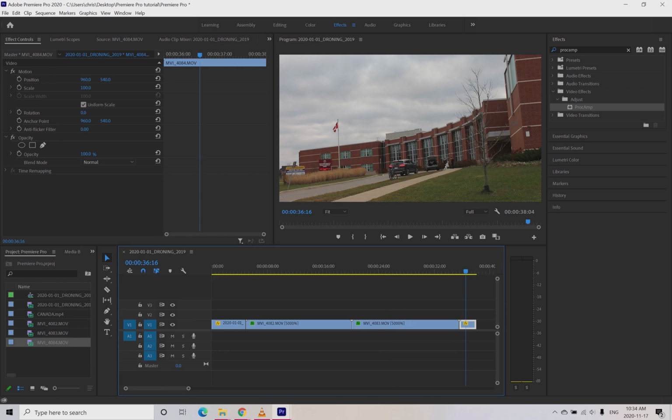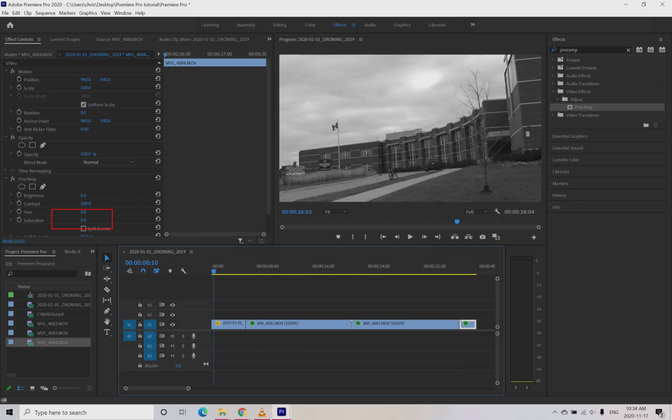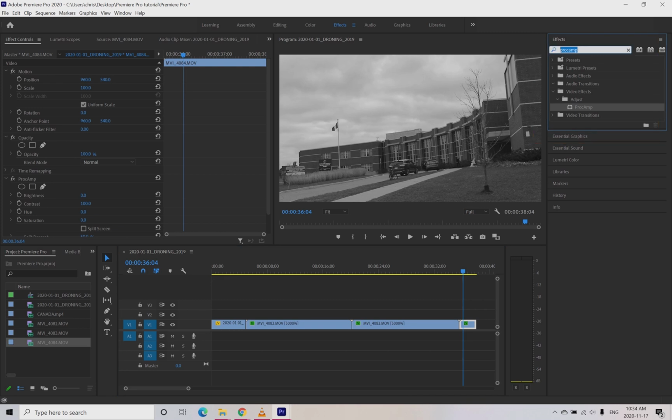And I'm going to do it for all 3 clips. And so I'm removing all of the color here so that all 3 clips are done and they're all black and white. I'm also going to add video transitions here. And so up the very top where the effects are, you can see there's a video transition. I do have to hit the X to get rid of ProCamp because it's still looking for ProCamp in all of these different things. So I delete that, and then I go to my video transitions, and let's use the